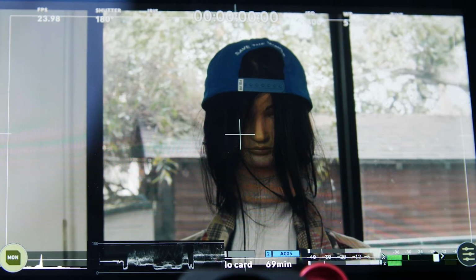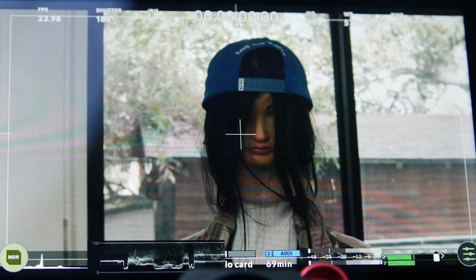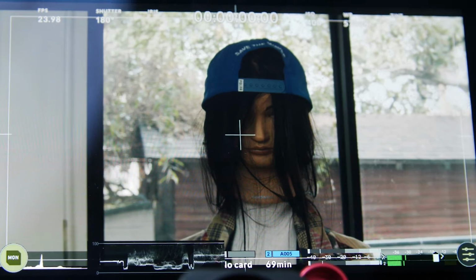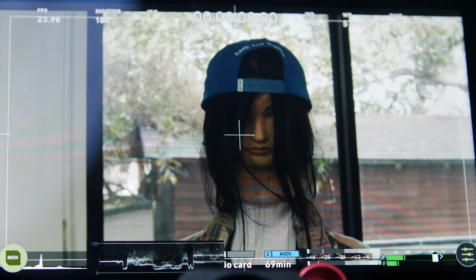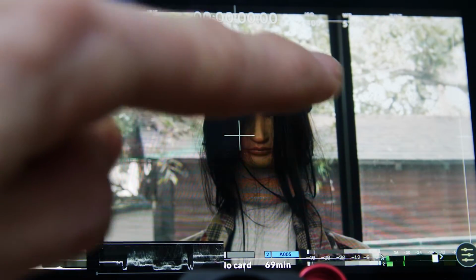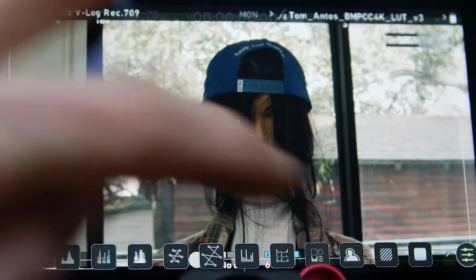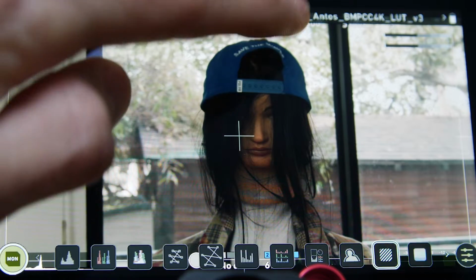Now this is a prime example here. We have a window directly behind our gal here. Now this is going to be a little bit tricky. And this may be a situation where, right now you can see my zebras are flashing. But now my zebras are set at